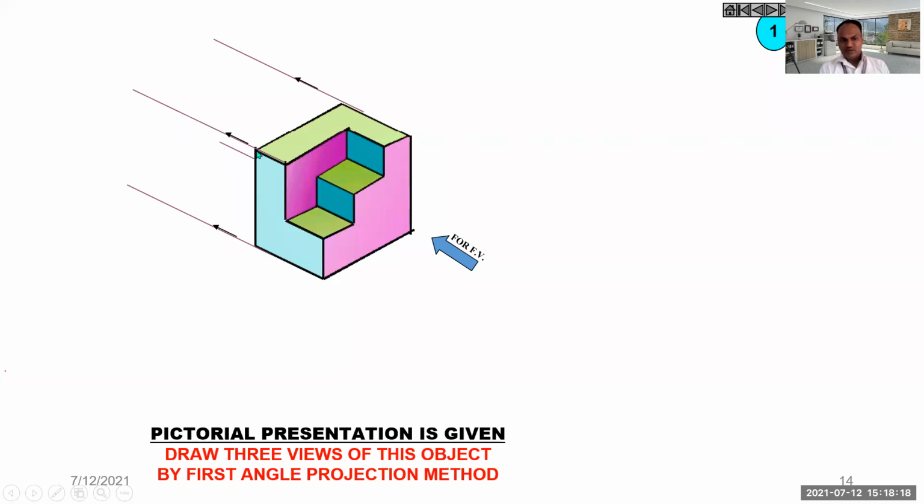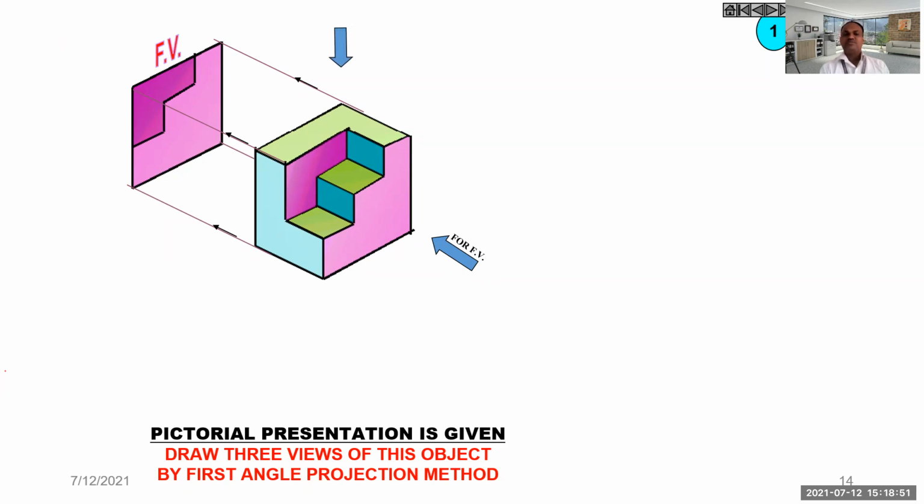Okay, I have projected all the corners here. First, I'm going to draw that corner piece, that is a rectangle. Then again, I'm going to project these points also. So with the help of these points, I'll get this step as the front view. Is it easy to imagine? Now this is an easy part, so it is easy to imagine also. I'm going to show it again. Okay. Now this will be your front view of that particular object.